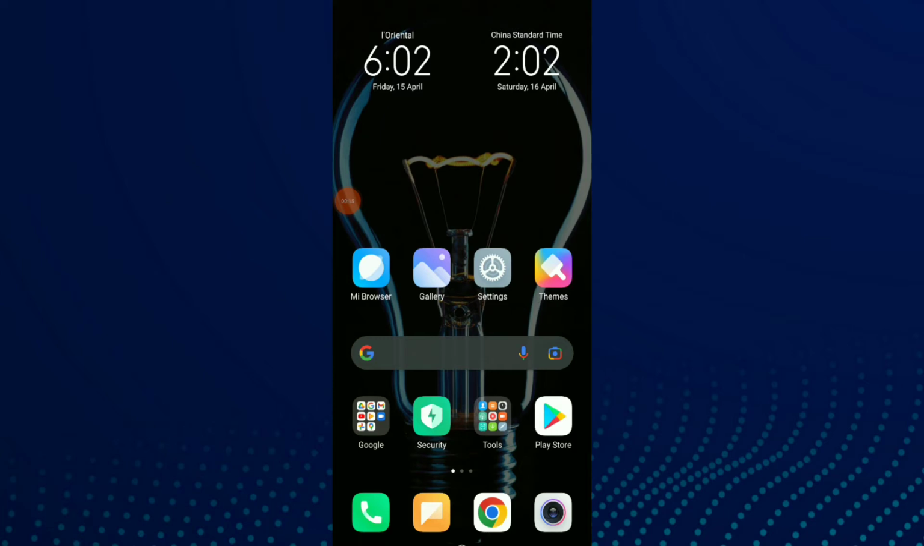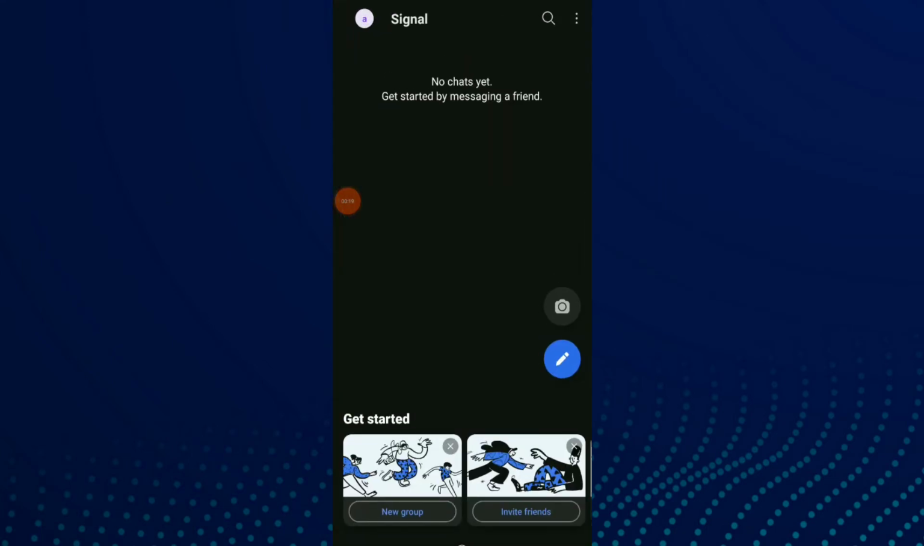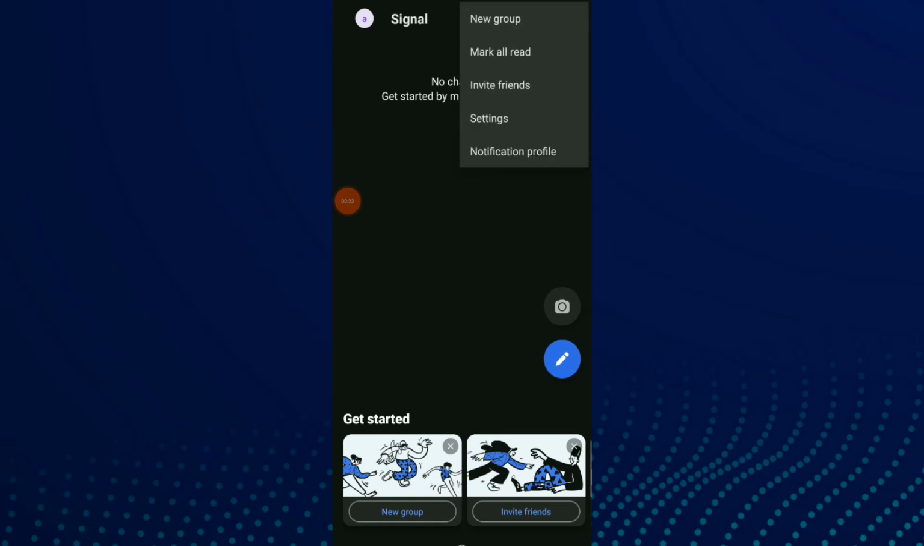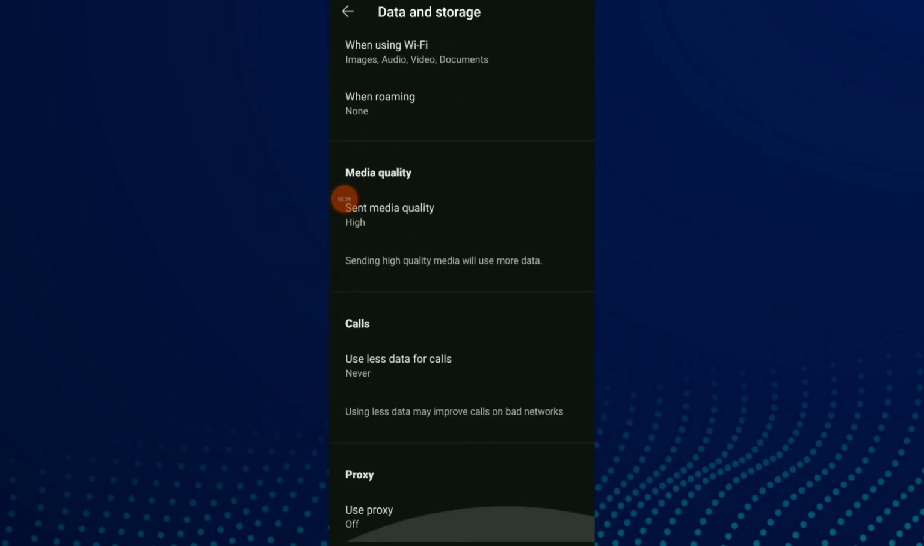First thing, go to your Signal application on your phone, click on it and click on those 3 points up there, and now click on settings. Scroll down and click on data and storage. Now scroll down and click on use less data for calls